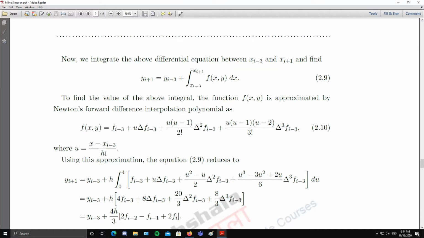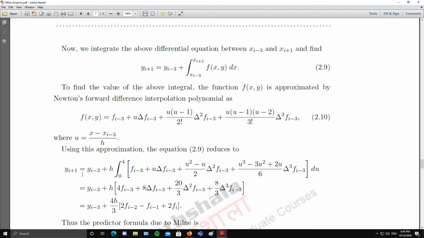So du is the same as 1 by h into dx, or dx is h times du. This integral is rewritten in terms of u. At x equals x(i-3), u is 0. At x equals x(i+1), u is 4. So y(i+1) equals y(i-3) plus h times the integral from u equals 0 to 4 of this expression,